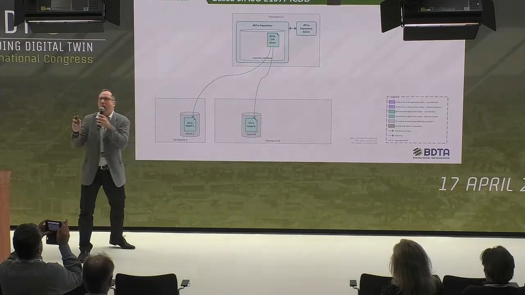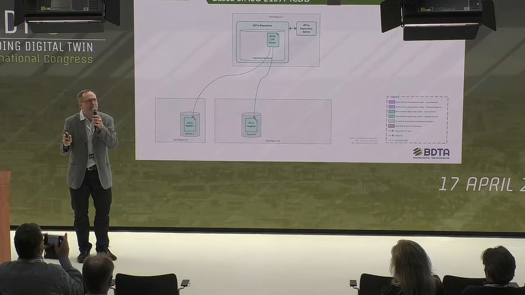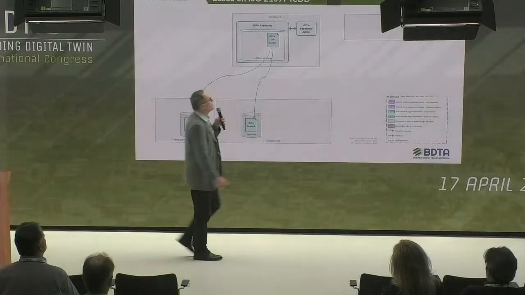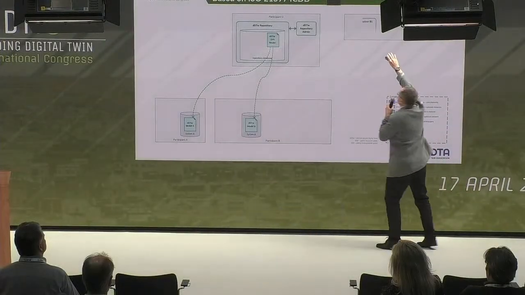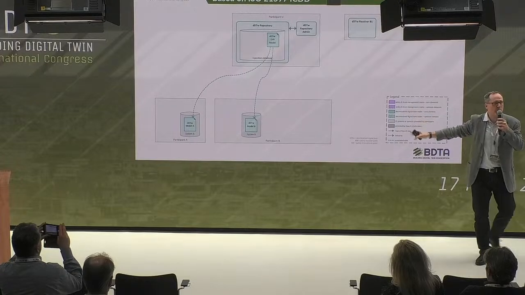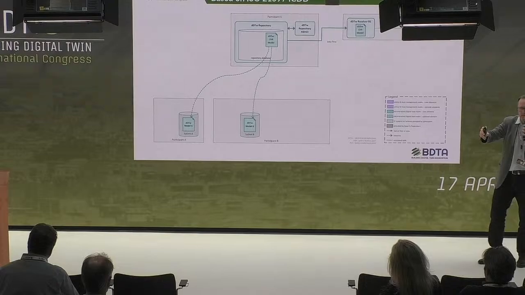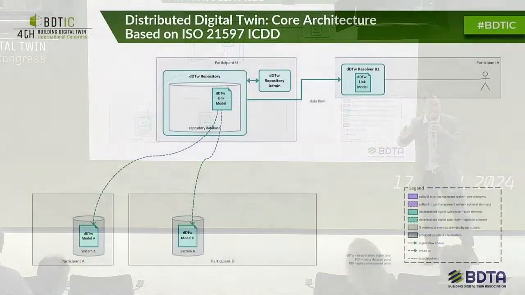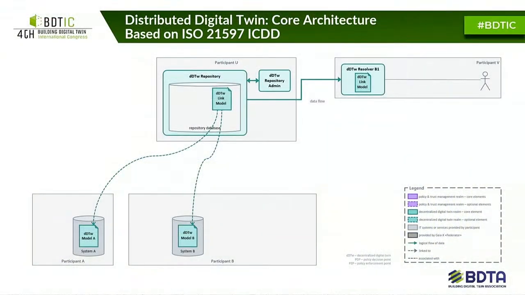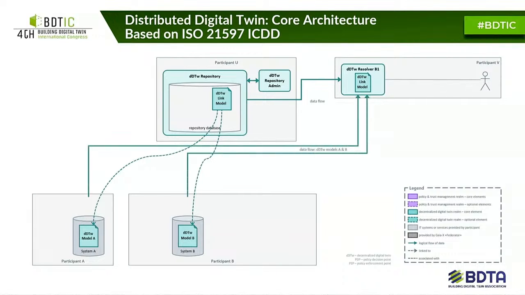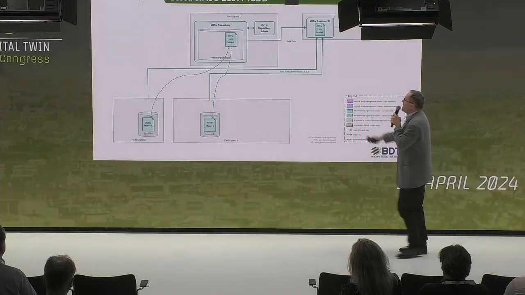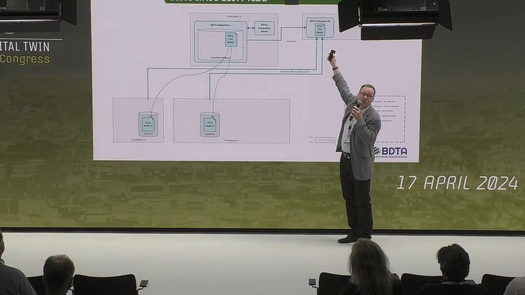So how then would anyone access the digital twin? And as always in an architecture, you invent components. So you have a participant, and the participant would have, and we have called it resolver, a software, and magically, or via standards, actually via Gaia-X standards, that resolver would take the link model and go down to each of the data sources, and there can be 1, 2, 2,000, it doesn't care, and fetch the data and do something sensible with the data.